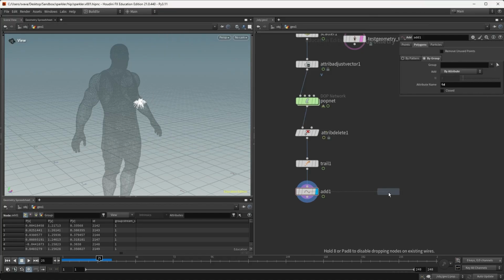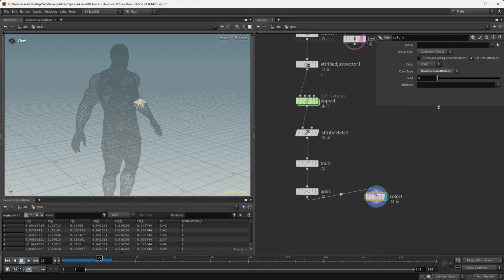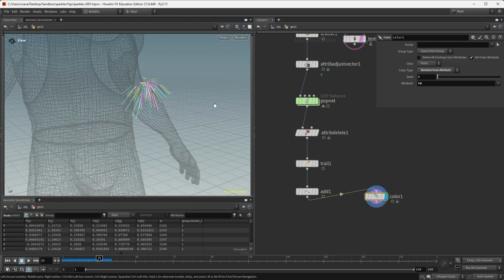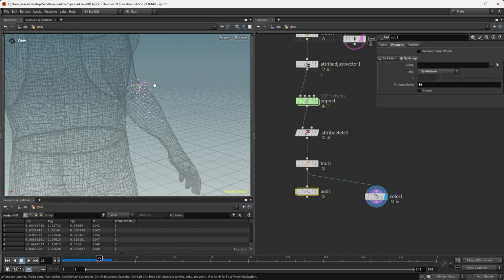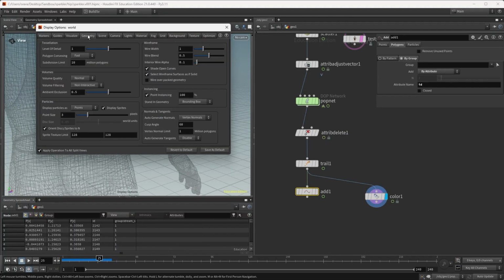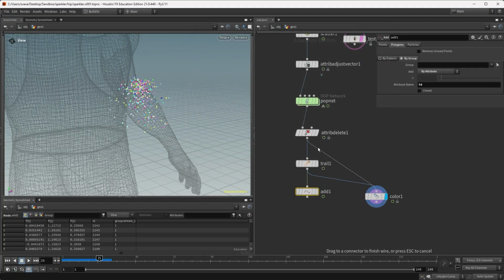So I'm going to put down a color node, connect it, and in here I'm going to say random from attribute, and I'm going to use the ID. And now you can see that each ID value has its own color. So if we connect it back to here, you can see, just going to make the points a little bit bigger, like this. So we got one of each points, and then we got a trail of 2 points, and then